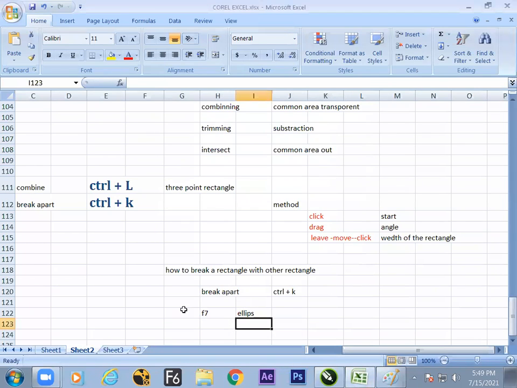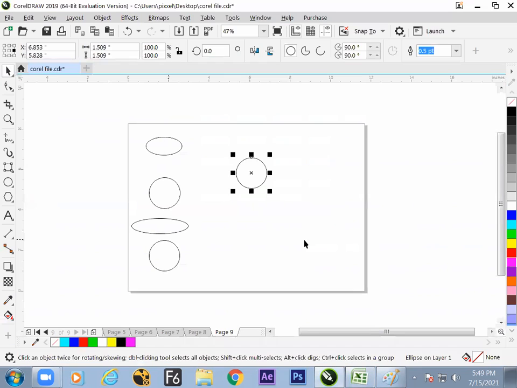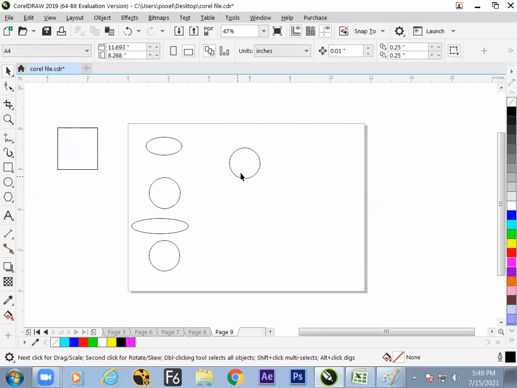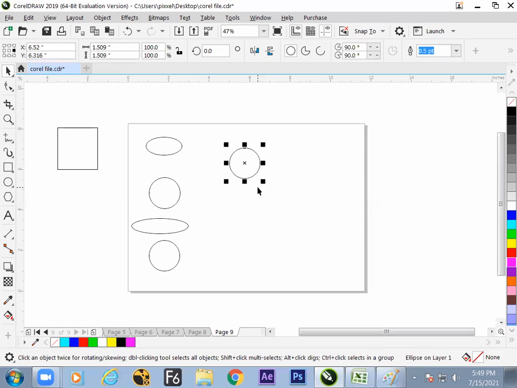Now check the screen, the topic: basic property. Ellipse. As we have seen, the rectangle has a basic property. What is the basic property of the rectangle? The special property called rounded corners, right? But in the ellipse, we find three basic properties. What are those? By default, the circle is there, but the next are arc and pie.